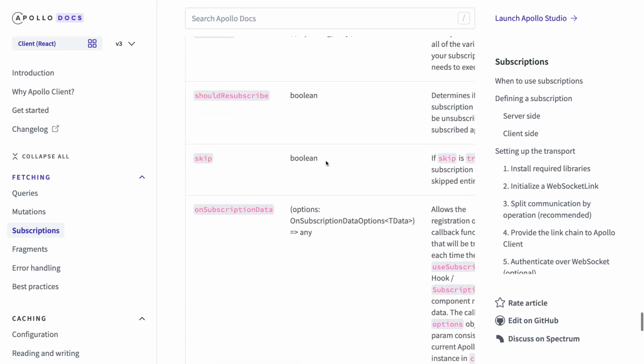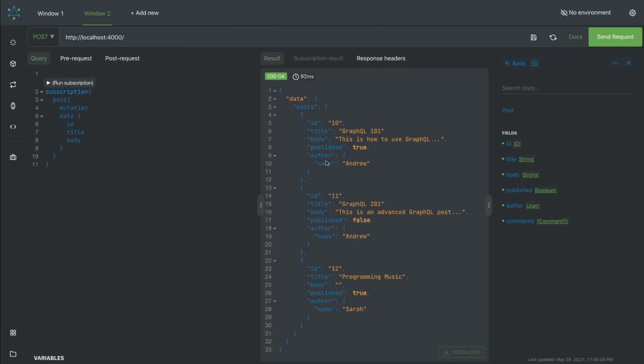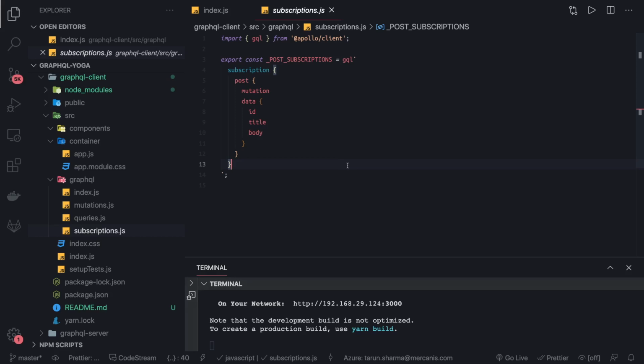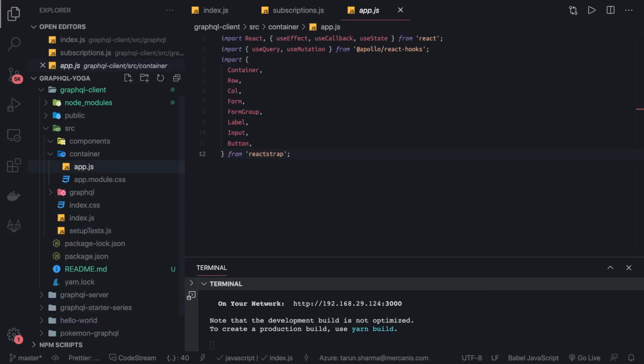Let's see this in the example how we are doing it. So we'll move to our code. Here we have written all the subscriptions, queries and mutations, and we are exporting them here. Let's go to our app component. Now we'll write our core things. Let's say you have two different forms, two different text fields. Let's say the title for the post and body for the post. We are writing a functional component.